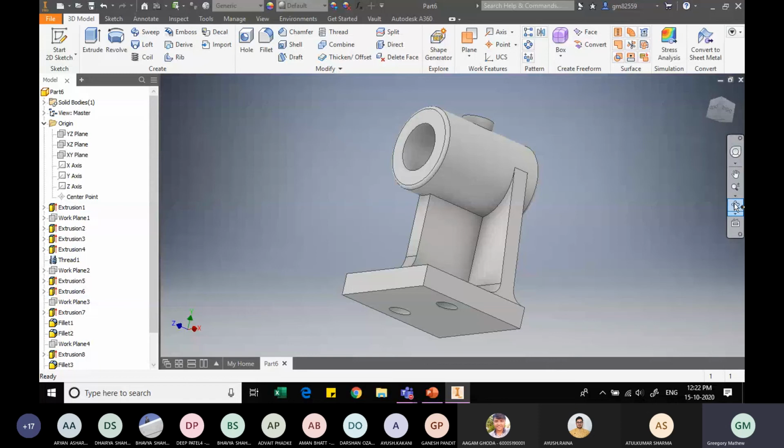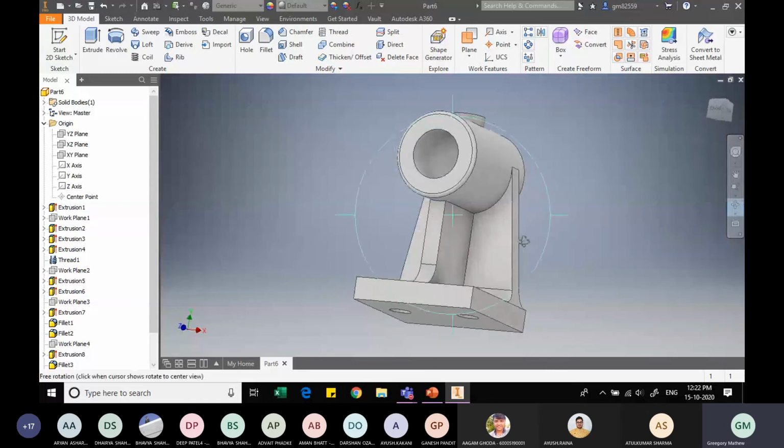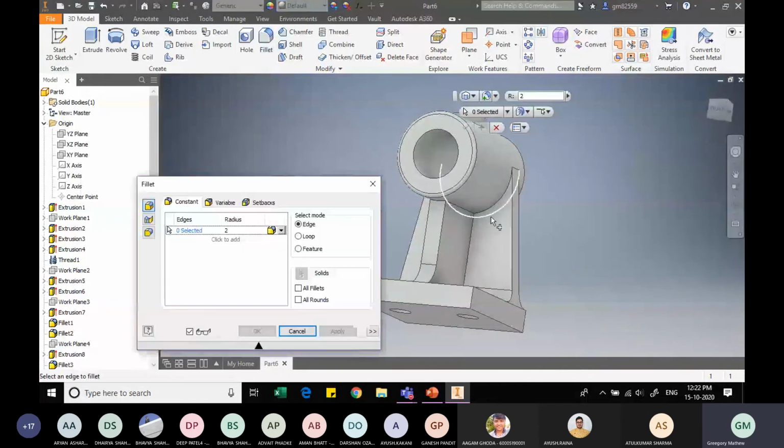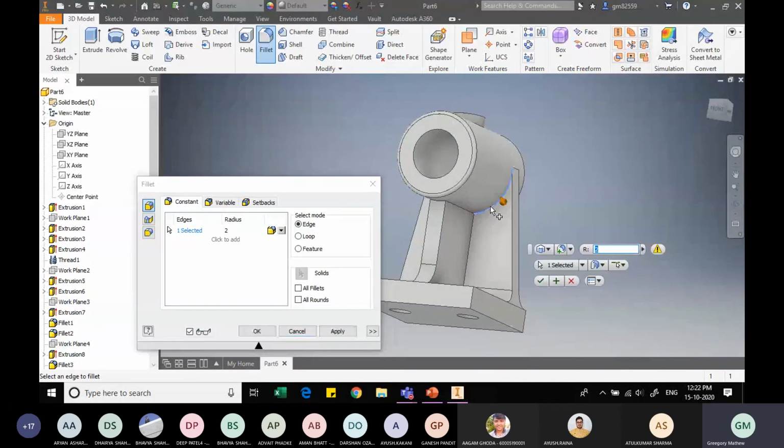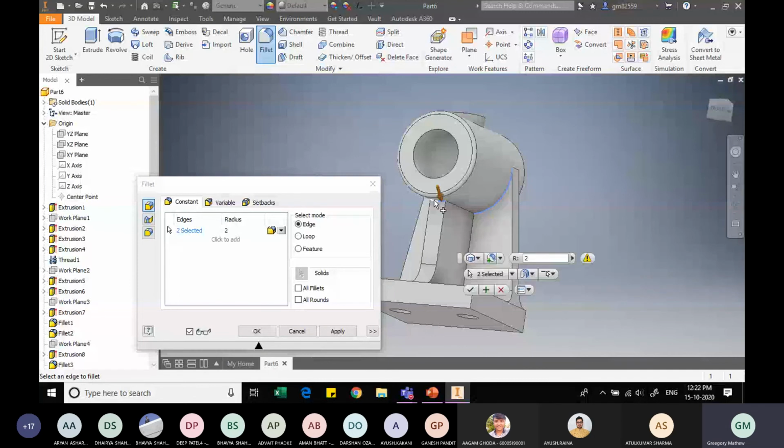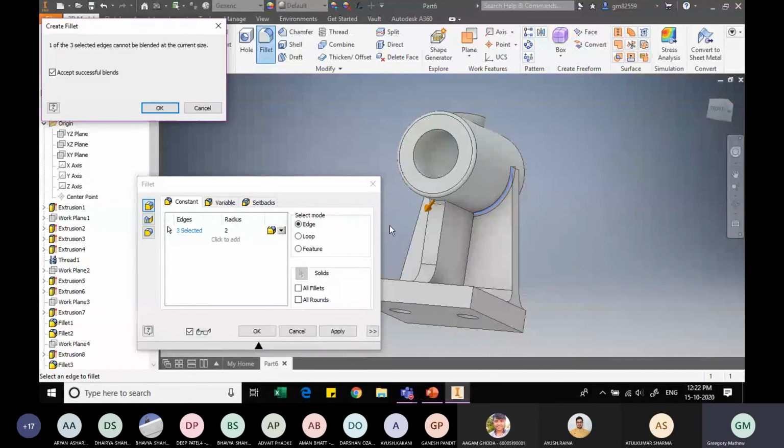Next, slightly let me revolve this, and here using the fillet option, this is, apply.